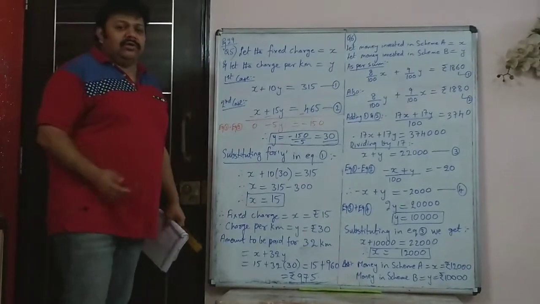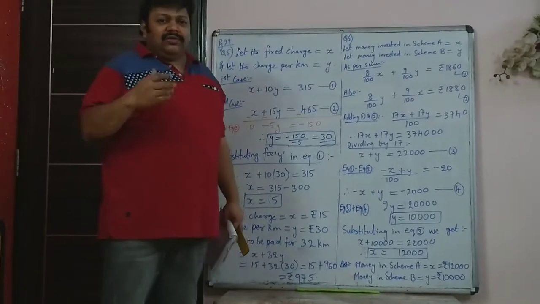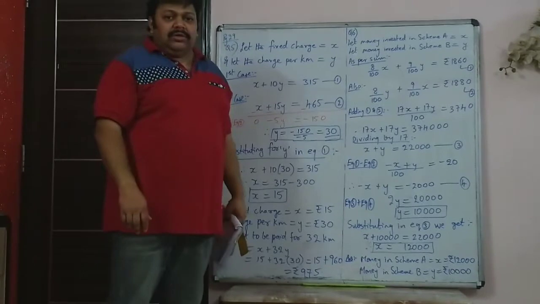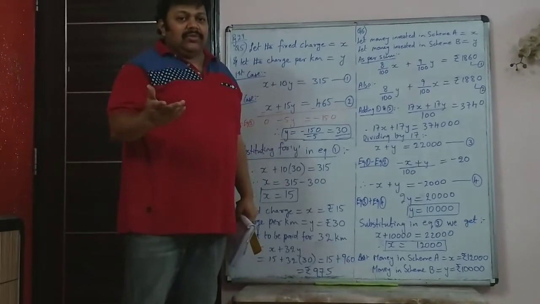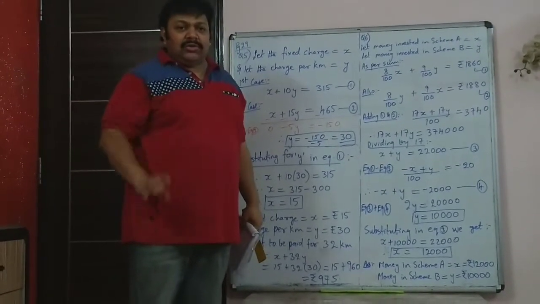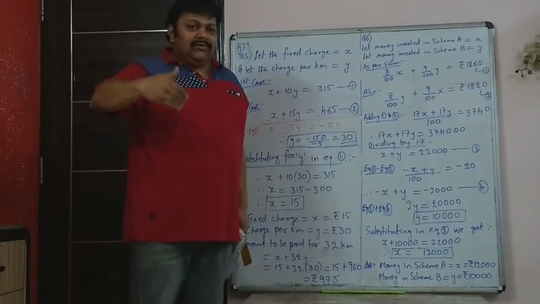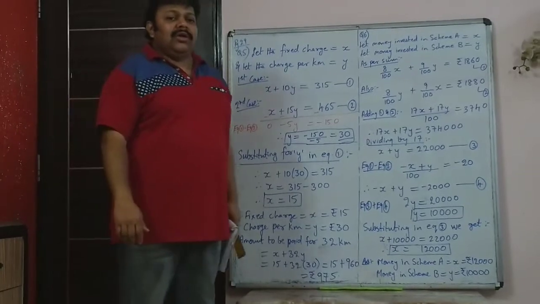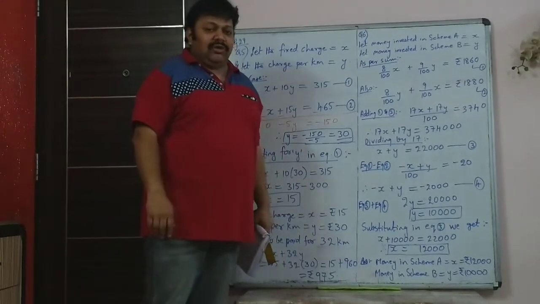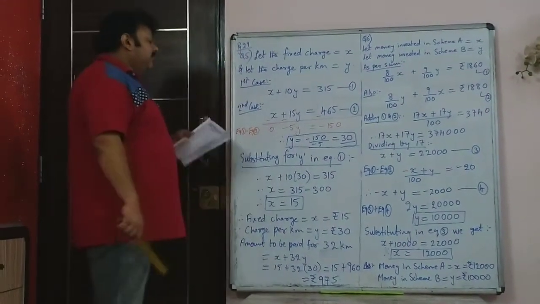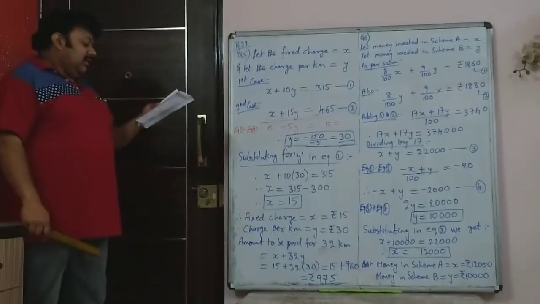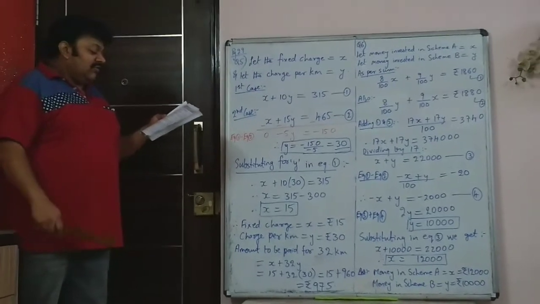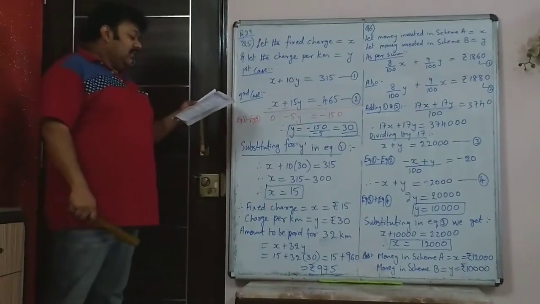When you enter a rickshaw or a taxi, there is a fixed charge. Even if you are just going, let's say 100 meters, they will charge you the minimum charge for the rickshaw, that is 20 rupees they will charge you. And for every additional kilometer that you go, you have to pay as per how much kilometer you have actually traveled. So in the fifth sum they tell a taxi charges in a city consist of a fixed charge together with the charge for the distance covered.